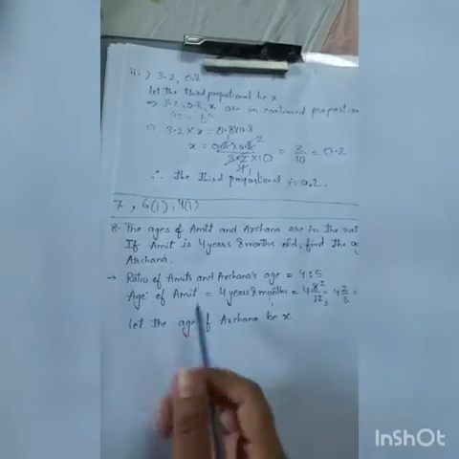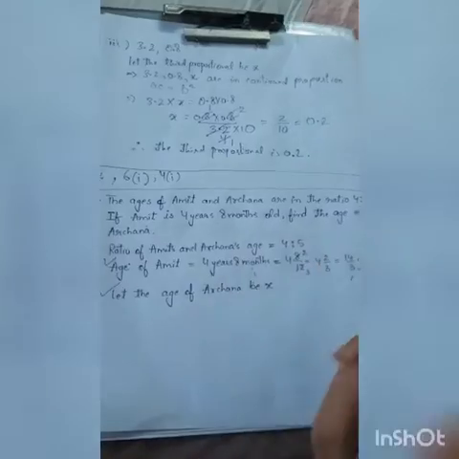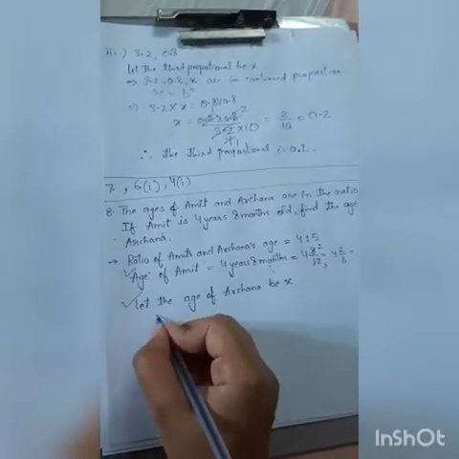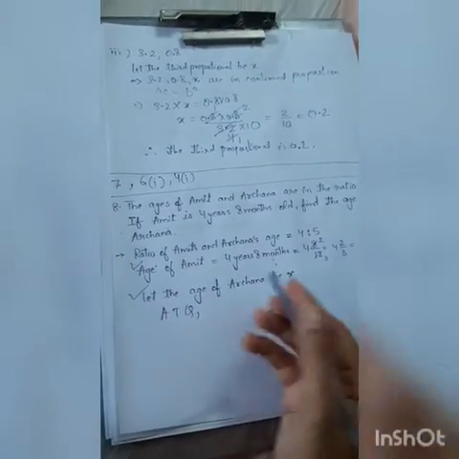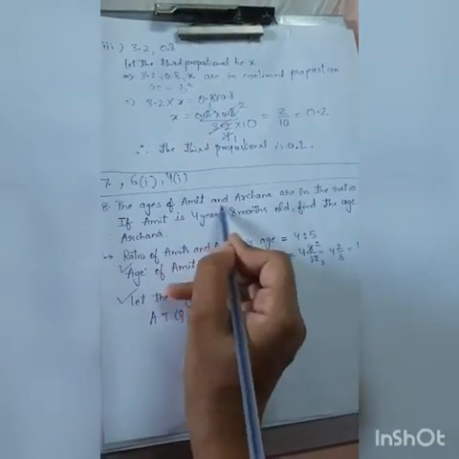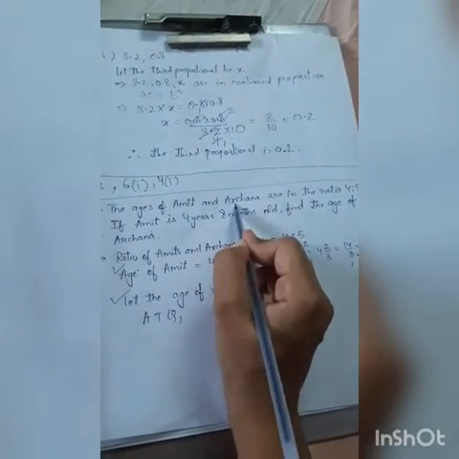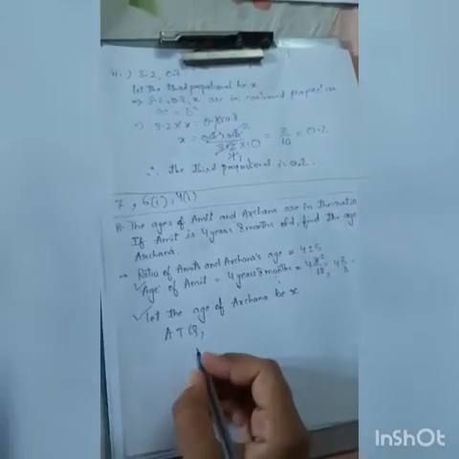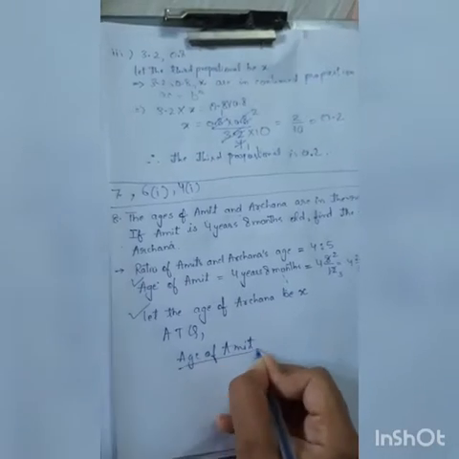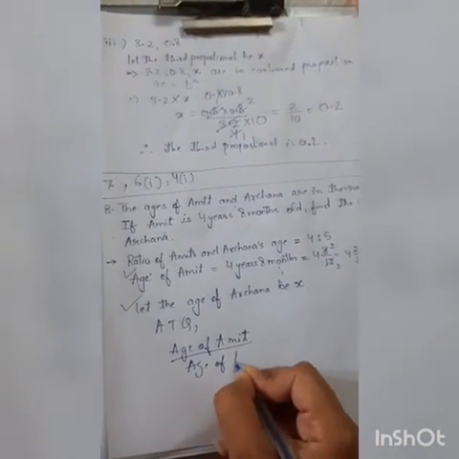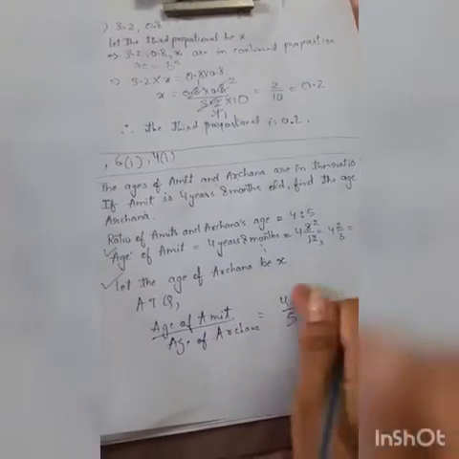Now according to the question, students, अर्चना की एज हमें नहीं पता, अमित की एज हमें पता है. ठीक है, और उन दोनों की एजेस का रेशियो पता है. So students, what are we going to do according to the question? What is the question saying? Ages of Amit and Archana are in the ratio, मतलब एज ऑफ अमित और एज ऑफ अर्चना का रेशियो 4:5 है. So age of Amit upon age of Archana, the ratio is how much? 4/5. 4:5 को मैंने लिखा 4/5.